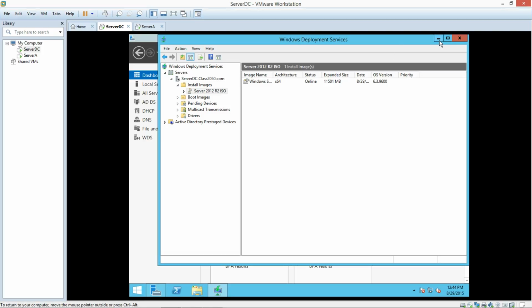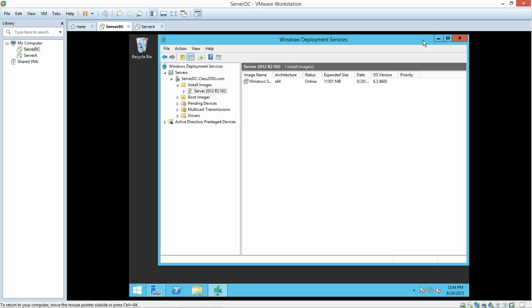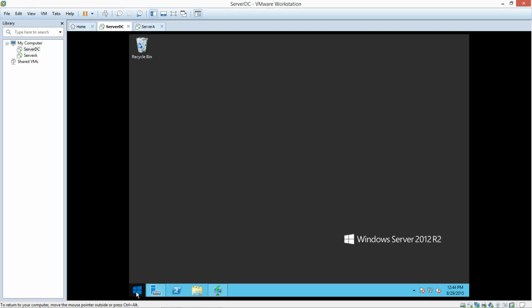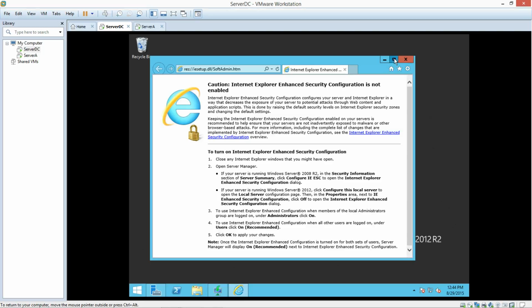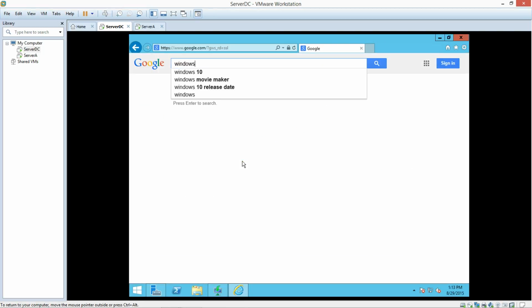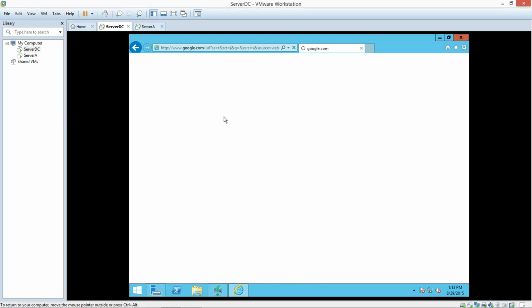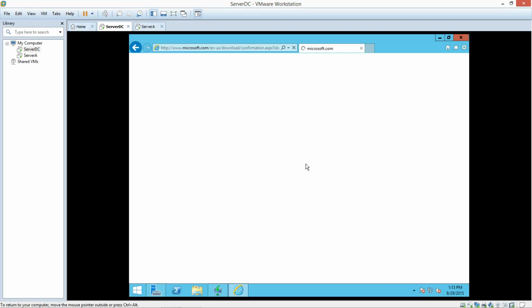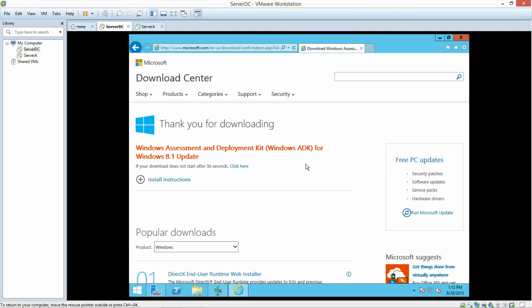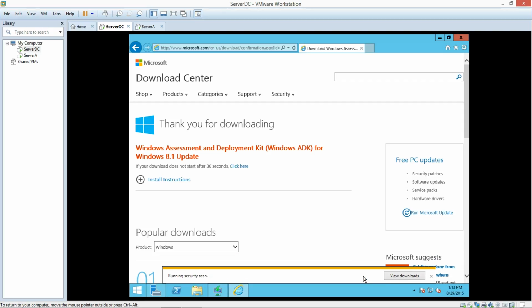Now we're going to minimize, and now we're going to go onto the internet, and we're going to download the Windows ADK, using Internet Explorer. We're going to type in Windows ADK and hit enter. Go to the first link, and now we're going to select Download, and now we're going to select Run,